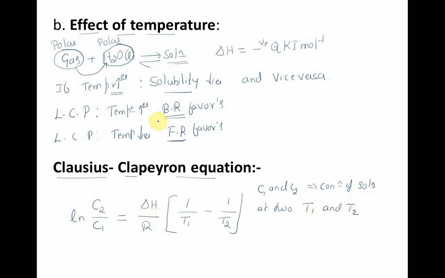Whenever the temperature increases, more water molecules present in the solution undergo evaporation. If water molecules undergo evaporation, then automatically solubility increases, which can be explained by using this equation. And delta H is nothing but the enthalpy of solution, where R is called the universal gas constant.